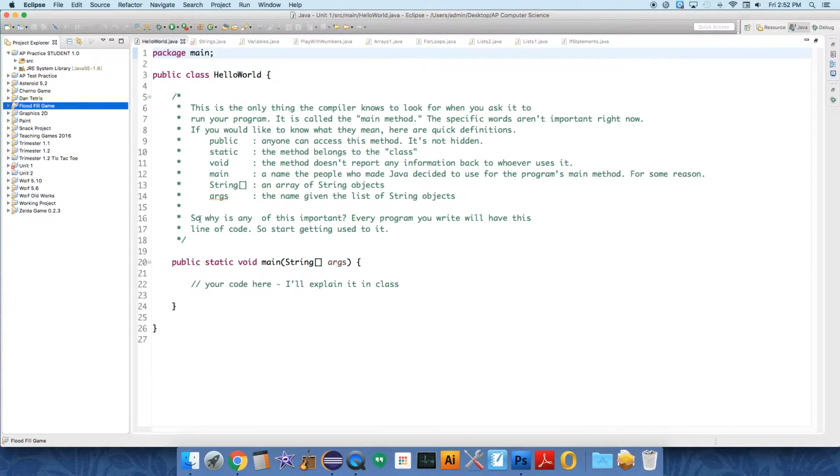Alright, so we're gonna go over some of the basic stuff. This is the first video, and there's not going to be a ton of information in it. Well, we'll see. So first of all, when you open up Eclipse, our IDE, or Integrated Development Environment,